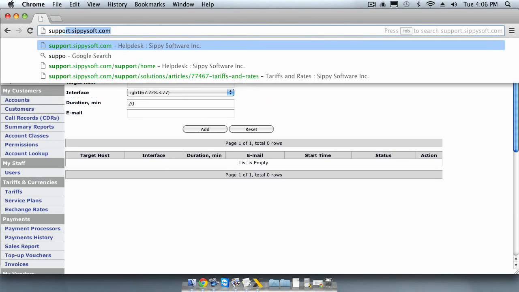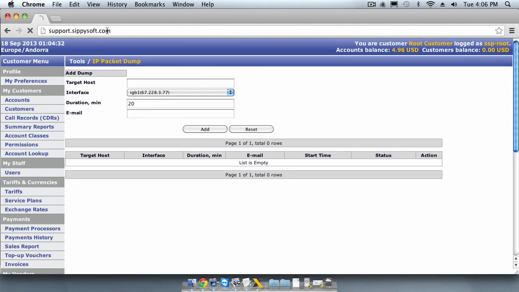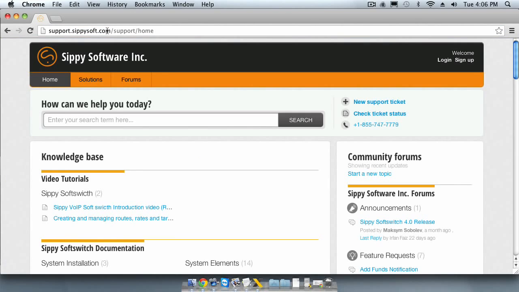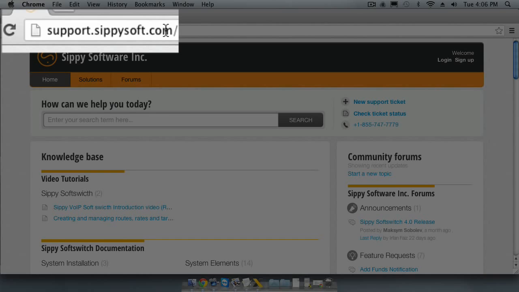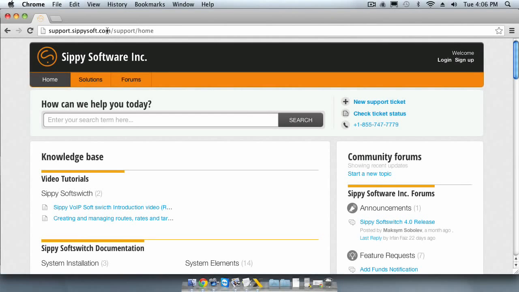This concludes our SIPI Softswitch introduction. For further documentation, video tutorials, solutions, and feature request forums, you should use our support portal at support.sipisoft.com. From this portal, you can create new and review historic support tickets, search solutions and documentation, read our user forums,